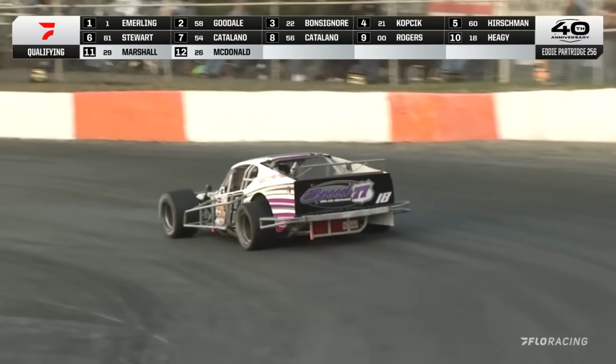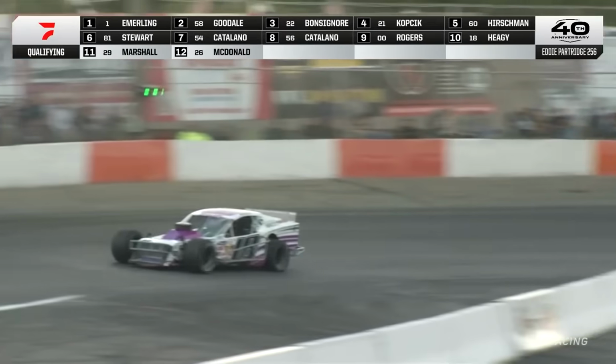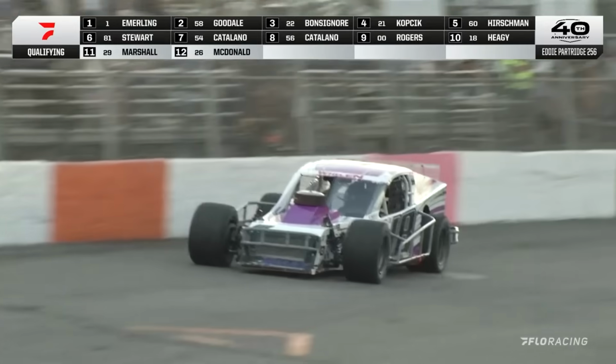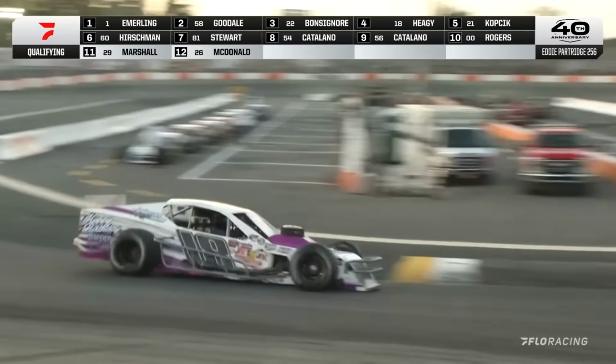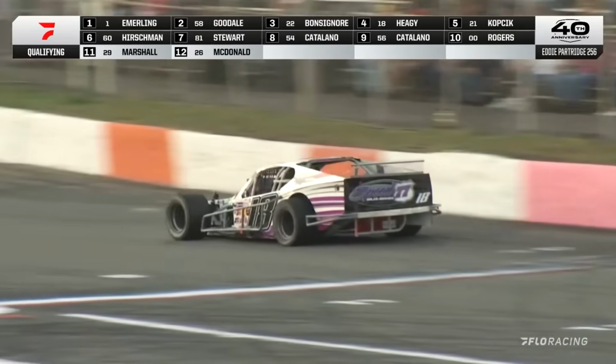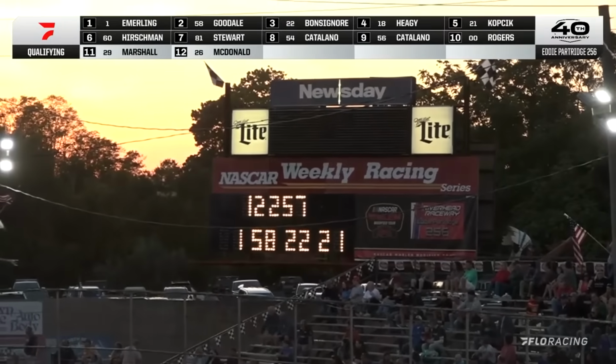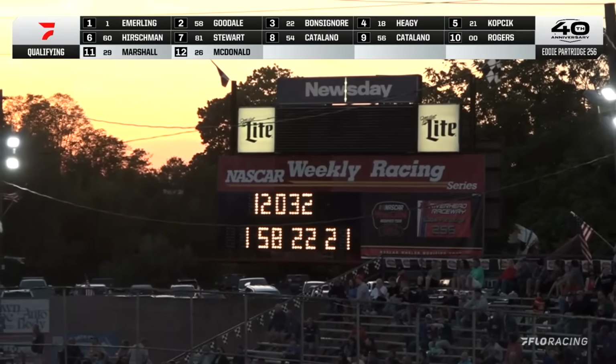Off turn number 4, the white flag is out. Lap number 1 for Ken Heggie, 12.257, puts him in the 10th position. That bumps Mike Marshall to the 11th spot and Gary McDonald back to 12th. Second time on the clock. Ken Heggie picks it up a lot, moves into the 4th spot. Great qualifying run,